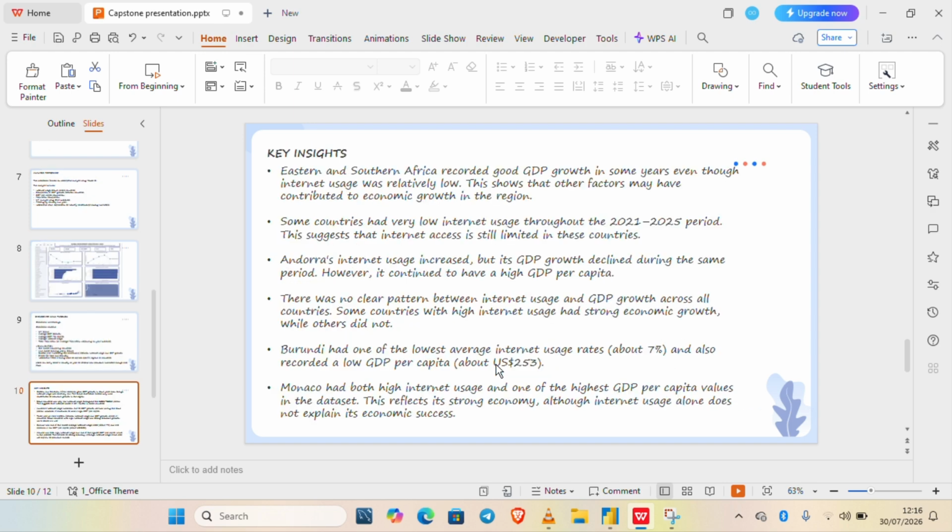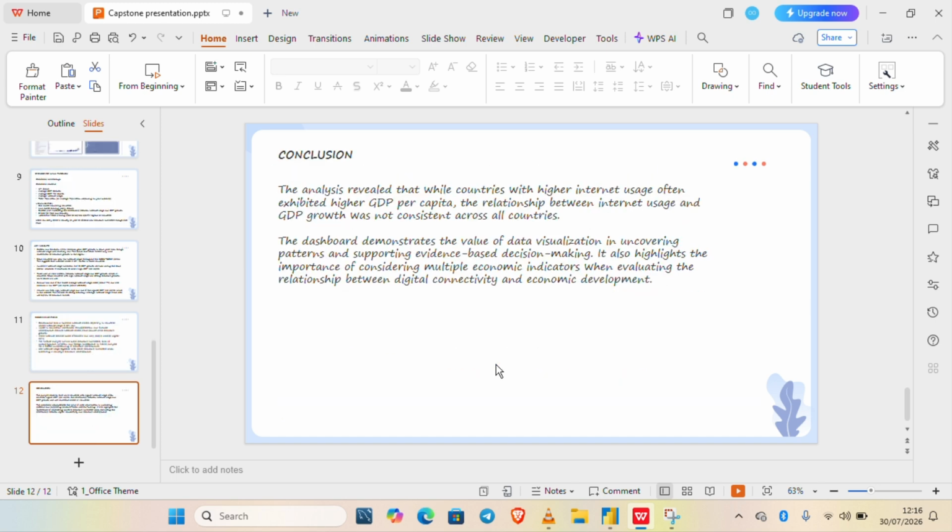A few insights are recorded from this project, but in conclusion, the analysis revealed that countries with higher usage often exhibited higher GDP per capita, and from the